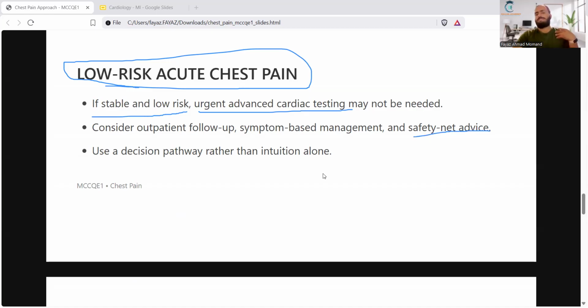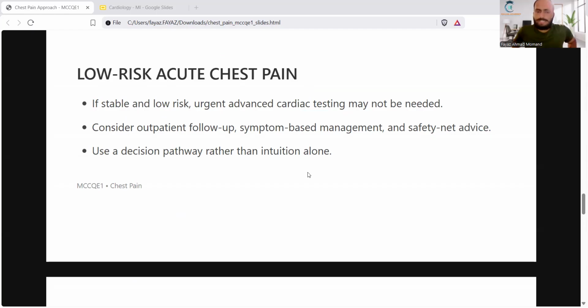Manage their symptoms, give them safety advice. Give them the red flags: pain starting on exertion, on heavy meals, or on emotional stress means that it may be from the heart. Come back if that happens, things like that. You need to follow them up in the outpatient, tell them to go to their family doctor, and they're going to then investigate them for other causes of the chest pain. All right,